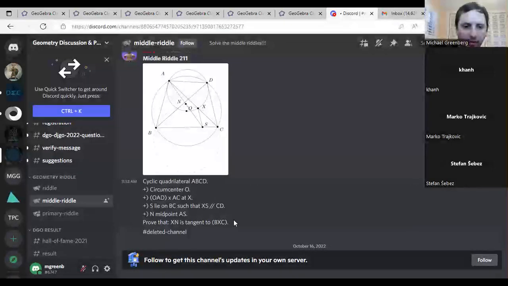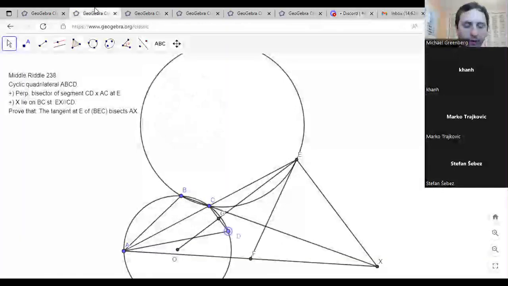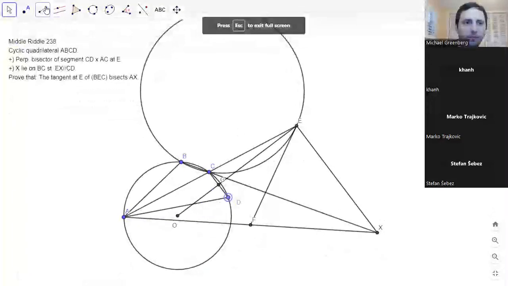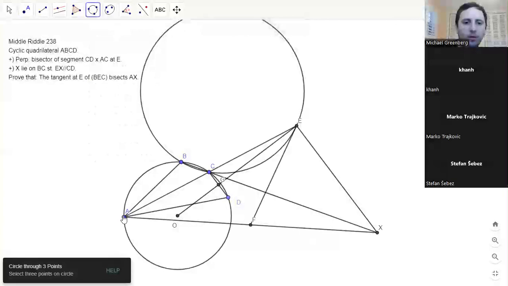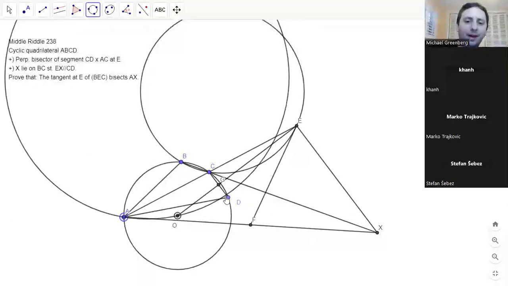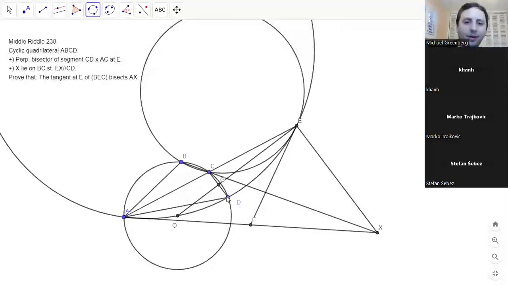So X is the intersection of OAB and AC, whereas here E is the intersection of the perpendicular bisector. So it's not like, is it really exactly the same? Yeah, you can just draw circle AOD and you will see it passes through E. Oh, it's AOD instead. Okay. Yeah, that makes sense. And then we know it's cyclic, so